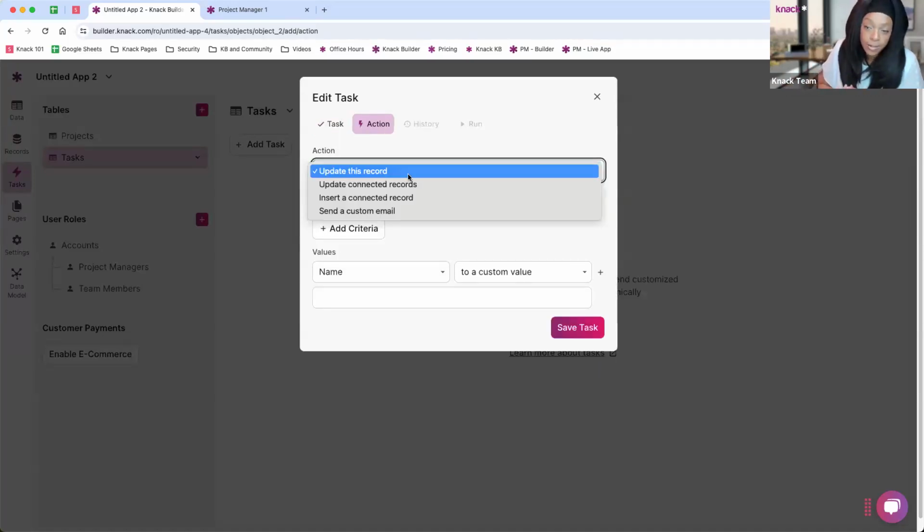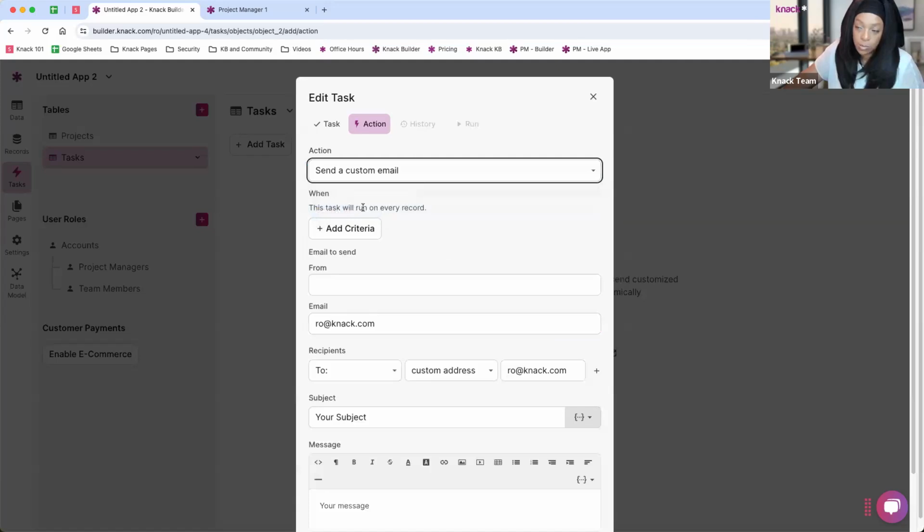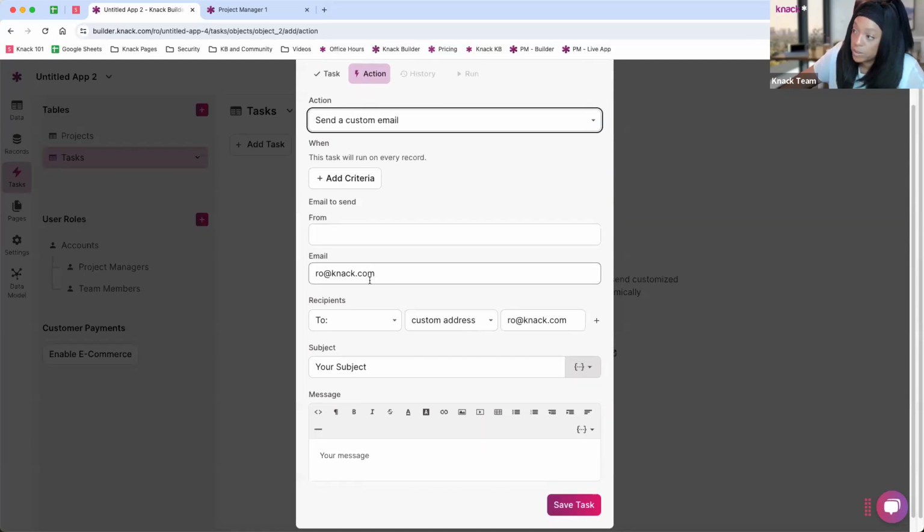Tasks can not only send emails in this example that I'm sharing, but we can also update records. We can update connected records in other tables. We can insert new records in our connected tables. And then, as I mentioned, we can also send an email. Tasks are available with our Pro plan and above. So if it's something that you think you might need, it's a great way to automate things within your platform to kind of be hands off,